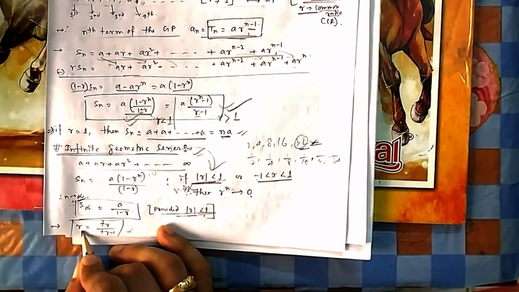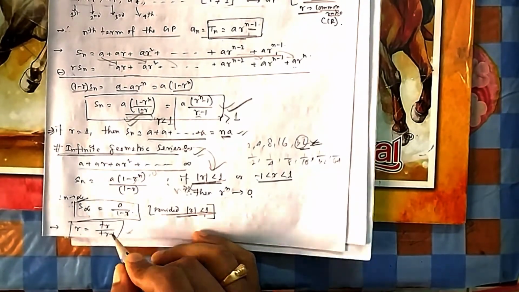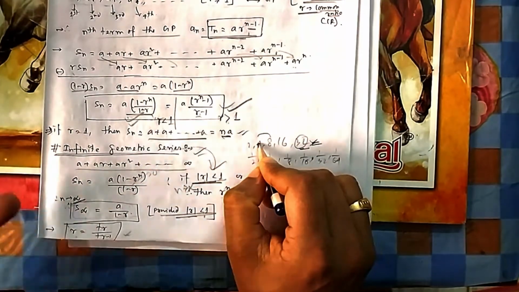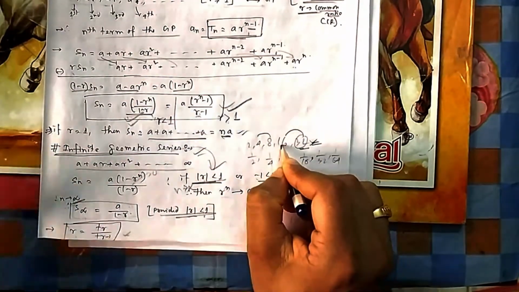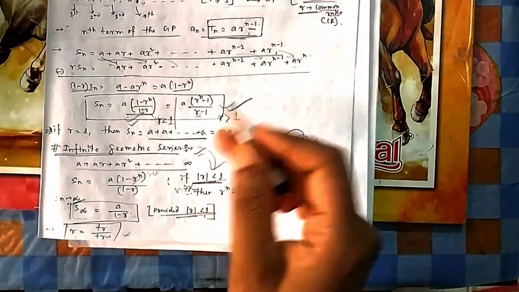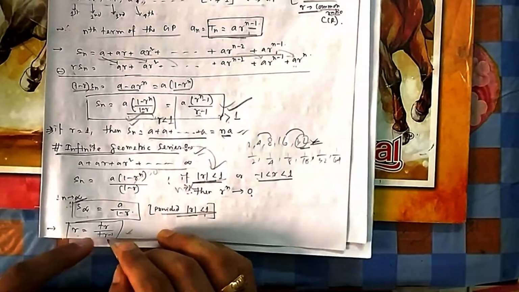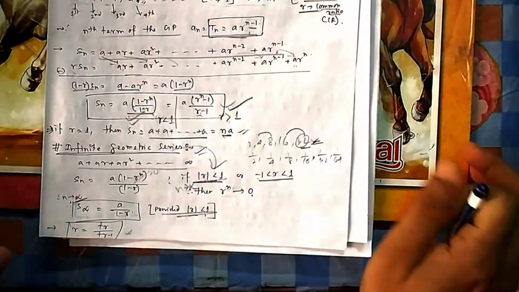Again, what is the common ratio for a GP? The rth term divided by just the previous term. You take any consecutive terms, this and this. If you divide 8 by 4, you get the common ratio. What is the common ratio? 2. You take any two terms, 32 by the preceding term, you divide it, the answer is 2, because it is coming from multiplying by 2 only. So if you take the ratio between any two consecutive terms, that is the term and the term preceding it, that will give you the common ratio.